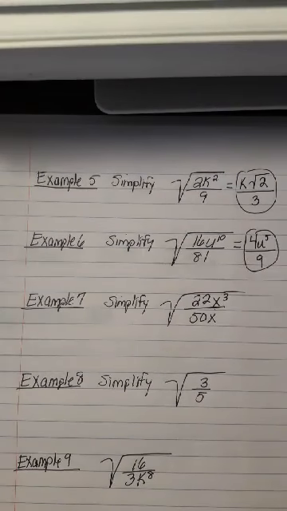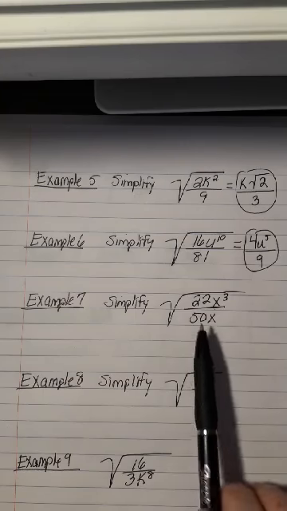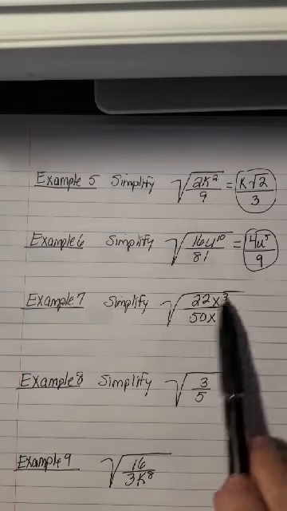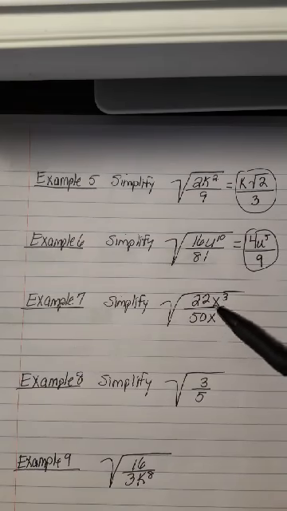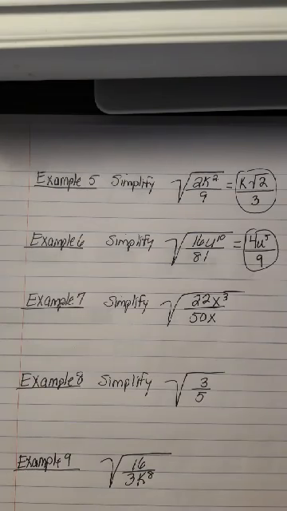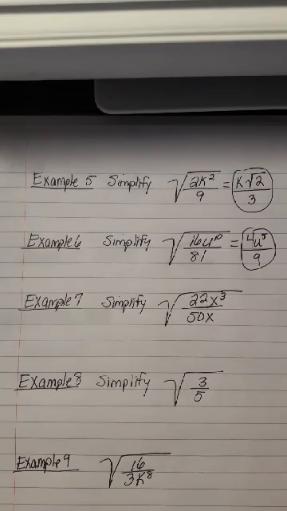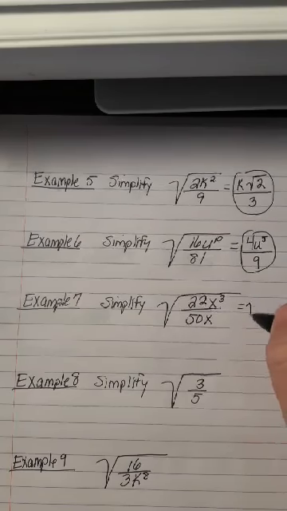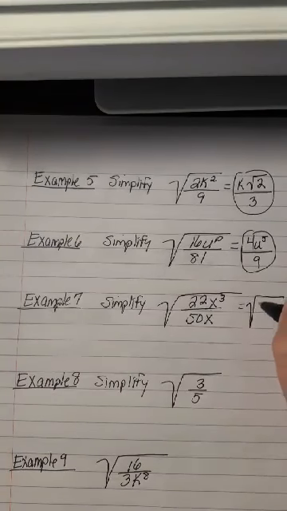So that's your answer. All right, example 7. Here's one, 22x to the 3rd over 50x. All of that's under the square root. So we can reduce these. Your first step is to reduce it and make it shrink so it'll be easier for you. When you divide 22 and 50 both by 2 to reduce it, you get 11